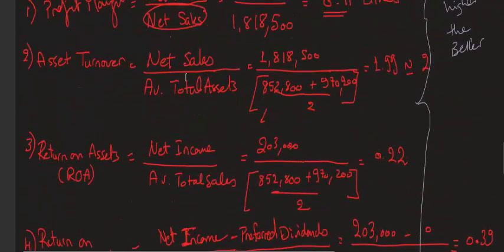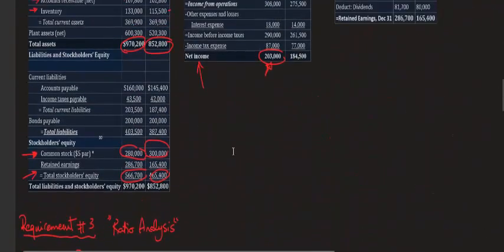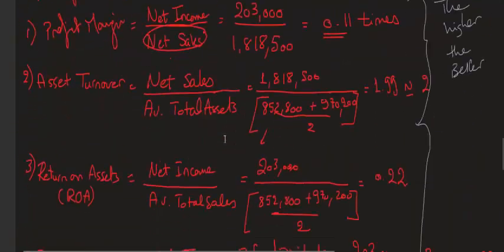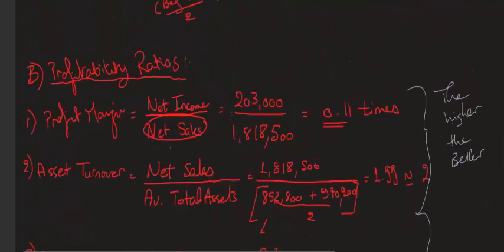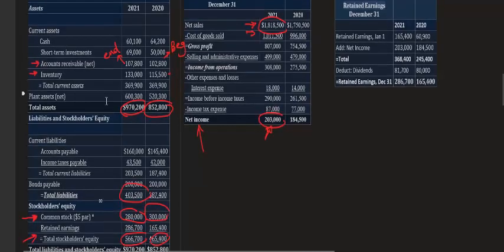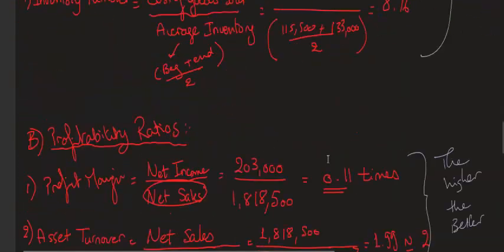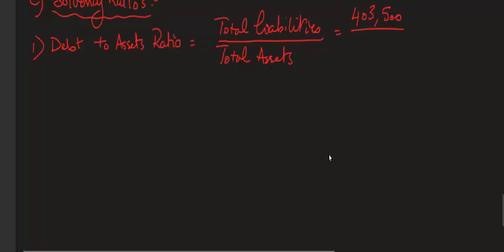Total liabilities for year 2021 نجيبها من هنا. Total liabilities 403,500 divided by total assets 970,100, multiplied by 100 equal